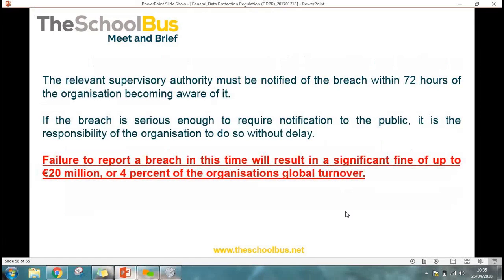One of the time frames that's been introduced in the GDPR is the ability to notify of the breach within 72 hours of the organisation becoming aware of it. Previously, this wasn't a requirement in the Data Protection Act. The organisation had to report within a reasonable time frame. We now have to report very, very quickly, and that's why a significant amount of work should be undertaken to ensure we have systems in place and we develop a culture within the organisation of